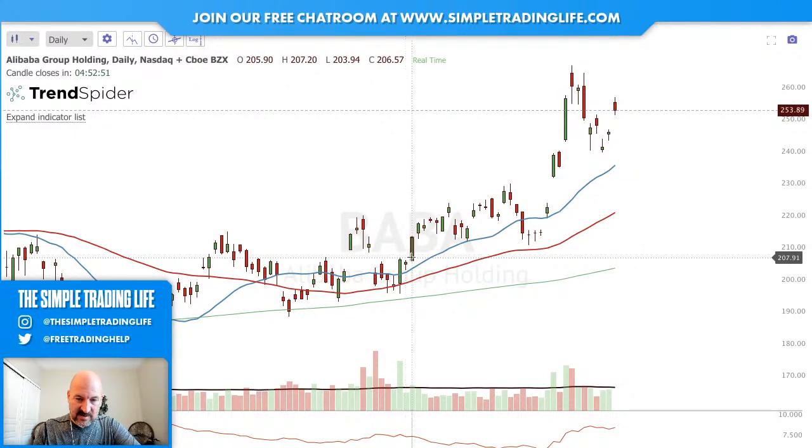So if you enter, 3-candle pattern play actually says you enter right above here. So the high of this candle, 207.20, and then we just follow the rules. The rules say that we're not going to get out till we close below, or you drop significantly below. So for me, that would be like right over in here,